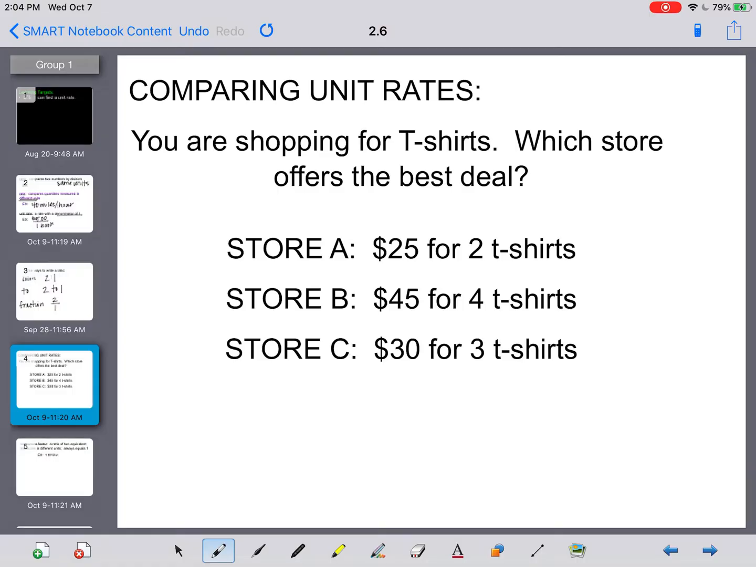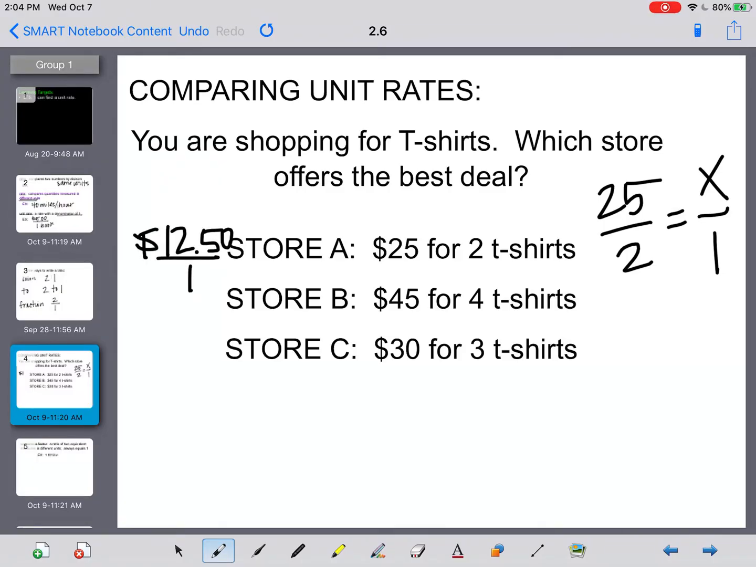If I know that for store A I have to pay $25 for 2 t-shirts, I want to know how much I am going to pay for just 1 t-shirt. Well, I'm just going to do 25 divided by 2, and I find out that store A is going to charge me $12.50